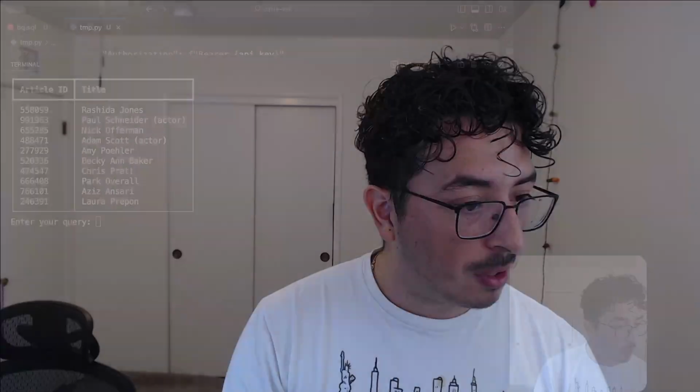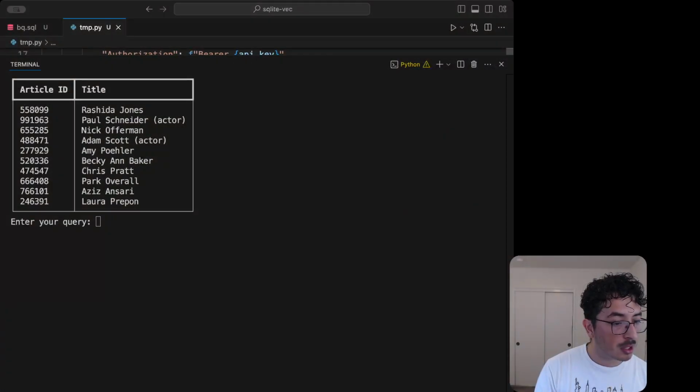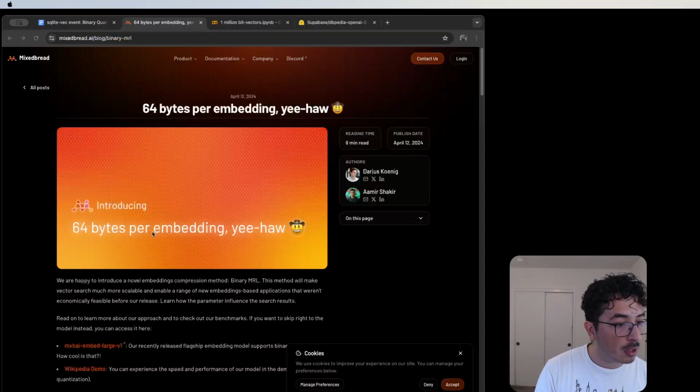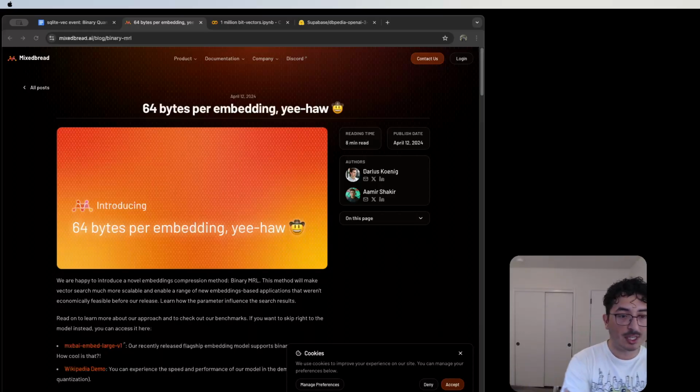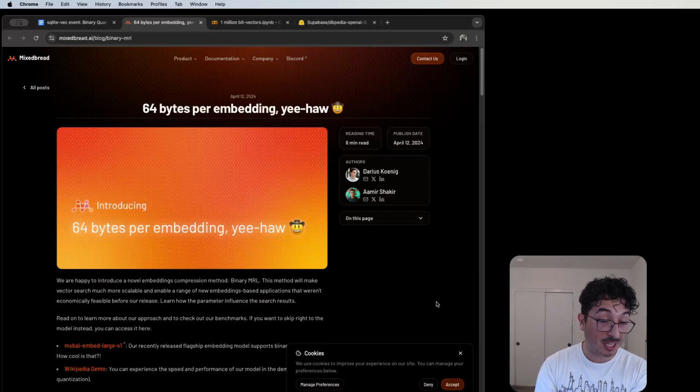And one more thing I want to talk about with binary quantization is that different embeddings models have different levels of support for it. For embeddings models that support binary quantization, the best blog post that I've seen about this is